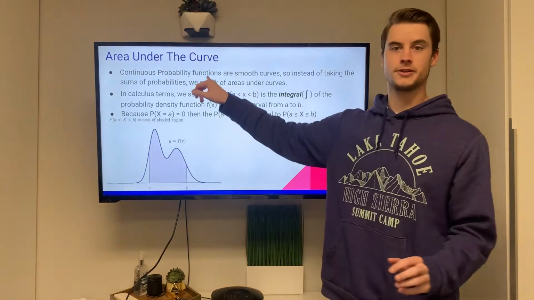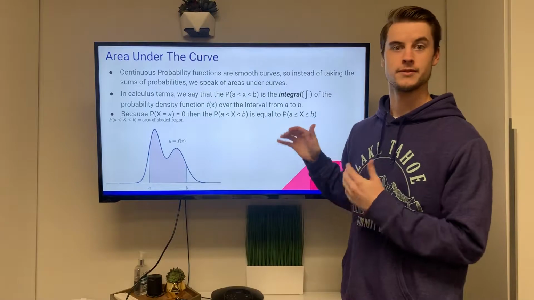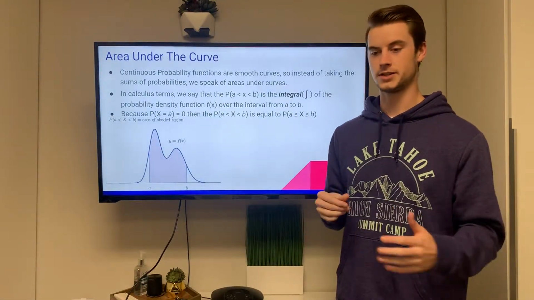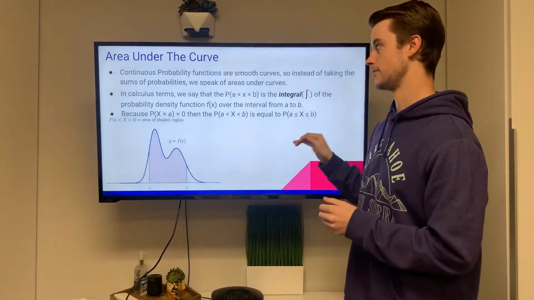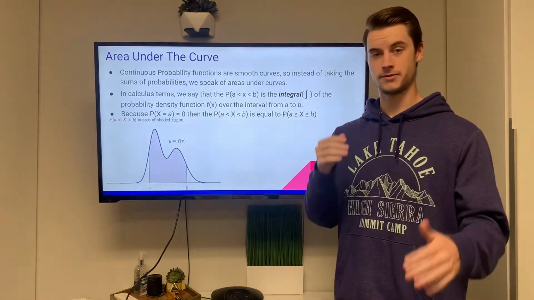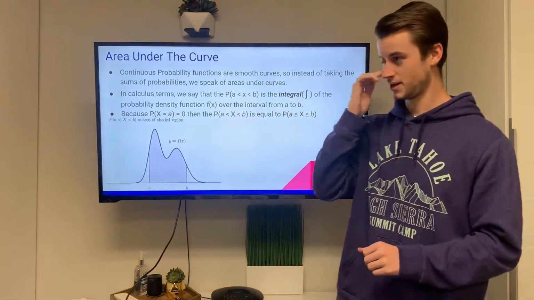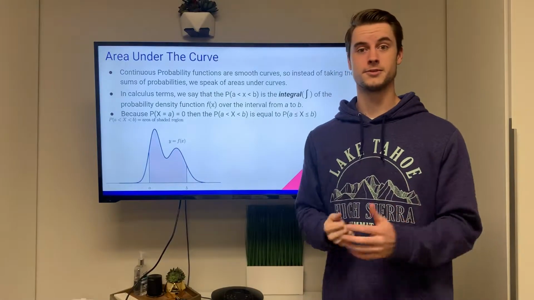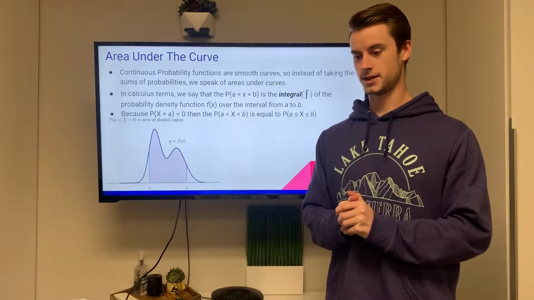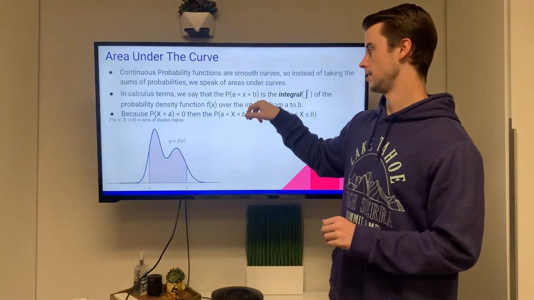So we talked about area under the curve two slides ago, okay? We're going to really focus on it in this section, okay? So again, we don't want to talk about continuous probabilities in terms of the sums of those probabilities, right? We want to think about them in terms of area under the curve, okay? So in calculus terms, you're going to learn some calculus today. Who knew? You're welcome. We say that the probability from the value A to the value B is